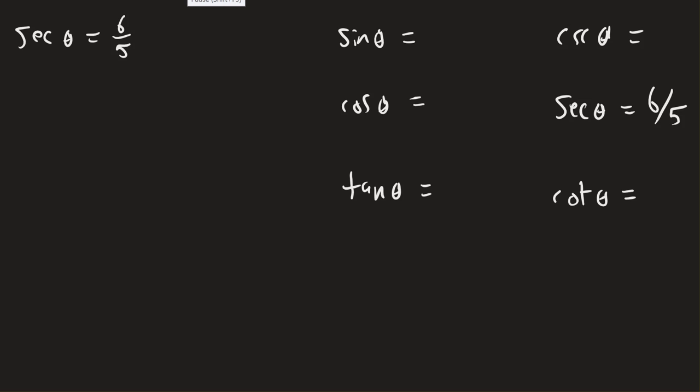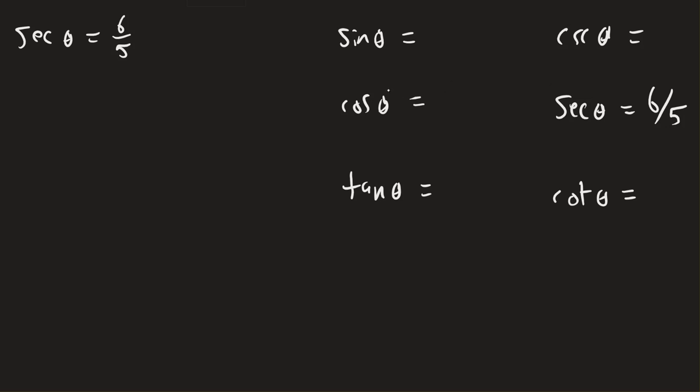So we start off with the secant of theta is 6/5. So I put that one there. And it is our job to find the other 5 trig functions. Okay, so the only one that I guess should be pretty quick, besides the one given to you, would be